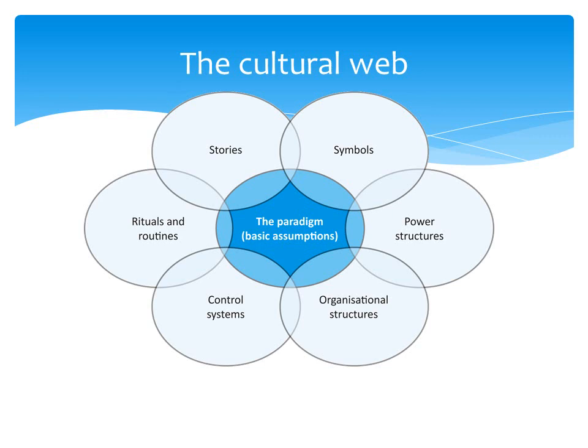Johnson and Scholes say, well, culture's to do with your control systems, the stories that are in the company, what's gone on in the past, symbols like company car parks, staff canteens, directors' canteens, power structures, the actual structure of the company, the rituals and rules. So there are 6 elements of the cultural web here, which make up culture. And all these things affect the culture. And if you're going to change the culture, you have to change these 6 things.